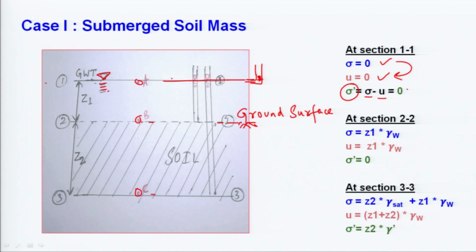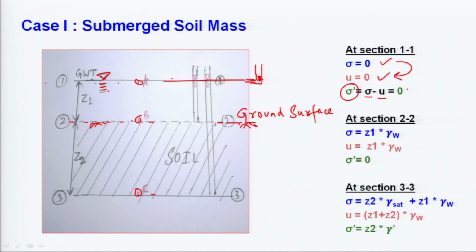If we consider the second section, it is a ground surface and it is having some water here. Now understand the total stress. Is there any surcharge here? No, there is no surcharge, but there is the weight above this section. The weight above this section will be that of this water, because this water will be applying some force on this second layer. So, let us say this is Z1 height and the unit weight of water is what? Gamma W.